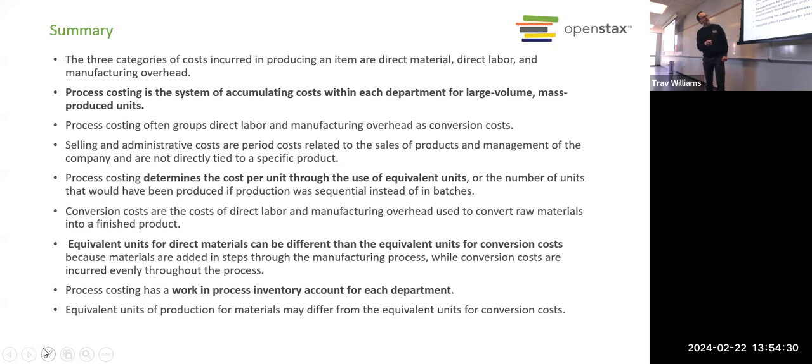And let's see, we need to use this equivalent units because at the end of the period, we'll have some ending work in process inventory that's not fully converted, right? So we have to use this concept of equivalent units so that we can figure out what is our conversion cost per unit and figure out the cost of what to transfer out. All right, we know that the equivalent units in terms of materials is always going to match the total units as well. So really the only place where it's different is with conversion, right? That's where the equivalent units is going to be less than the material units.